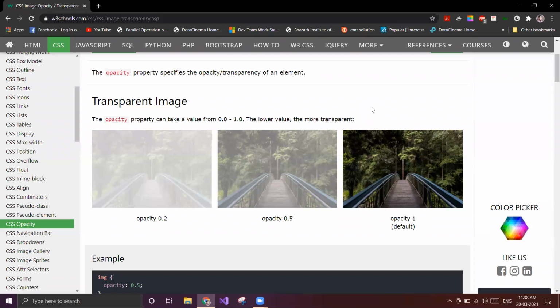But in display none and block, we can't tell how much I want to see. It will either display it or directly hide it, isn't it? But with the opacity property, we can set values. If I put 0, it will not be displayed. If I put 0.2, a little bit is displayed with some blur. 0.5, some more. When I put 1, it is displayed fully. So this is the opacity property.